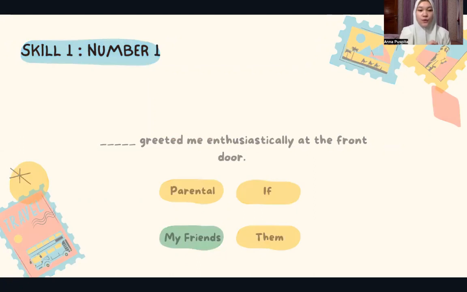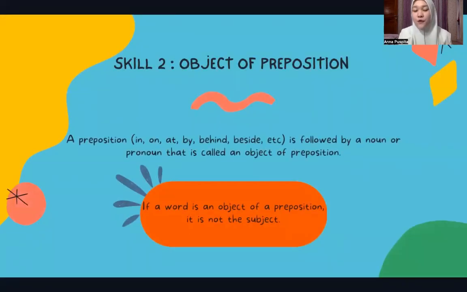Now let's move on to skill number 2, object of preposition. What is preposition? Preposition is a conjunction or connector. They are usually used to describe direction, time, position, and others. For example, in, on, at, by, behind, beside, above, and others is followed by a noun or pronoun that is called an object of preposition. If a word is an object of a preposition, it is not a